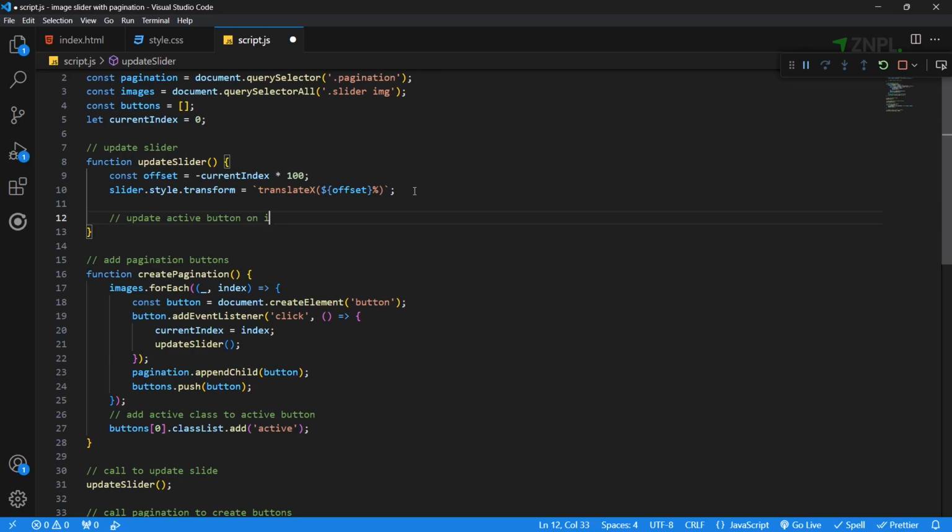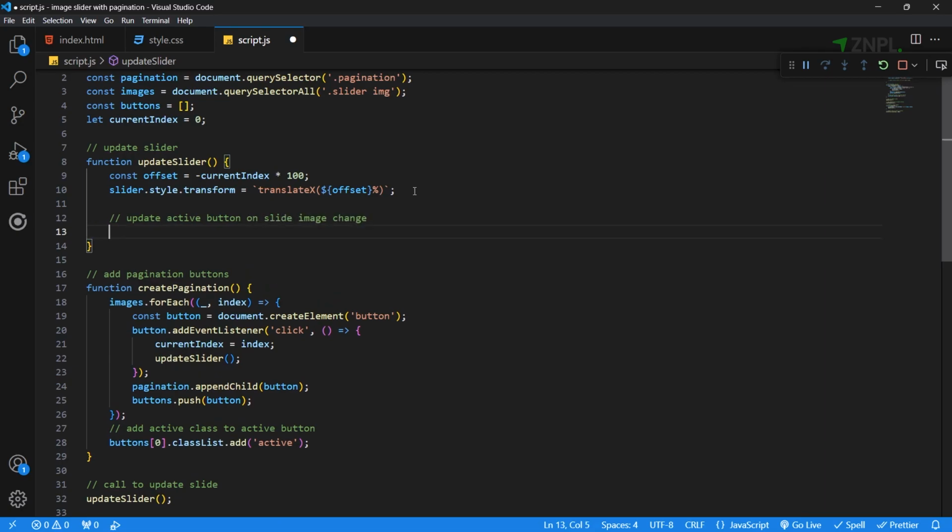It also highlights the active button by adding an active class to it and removing that class from other buttons.